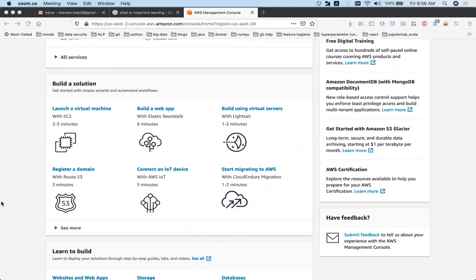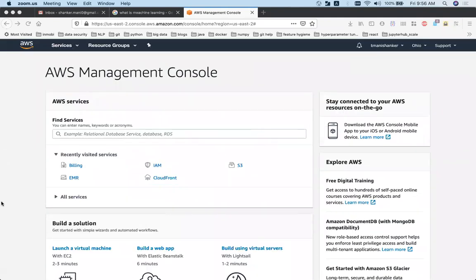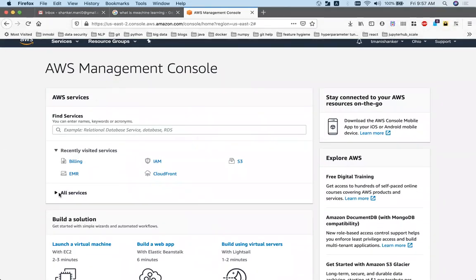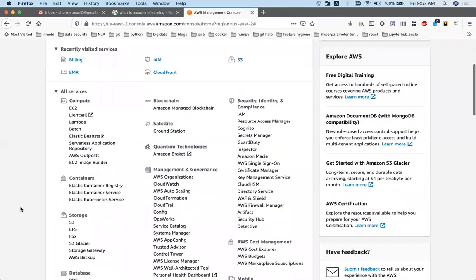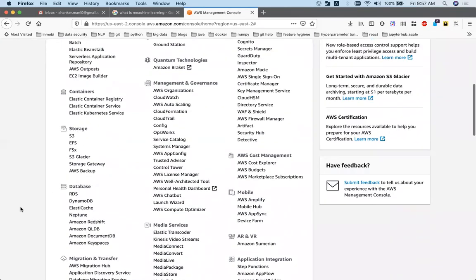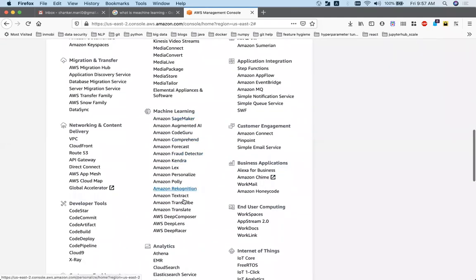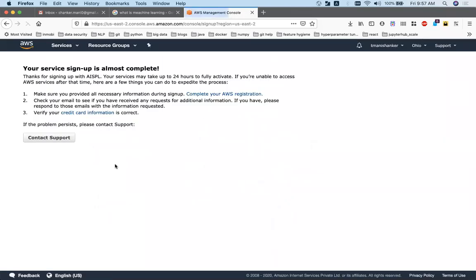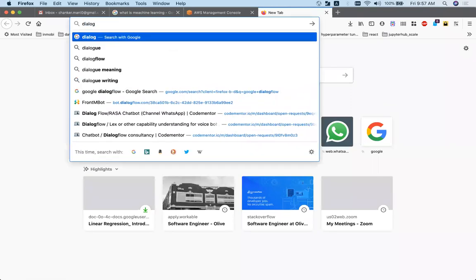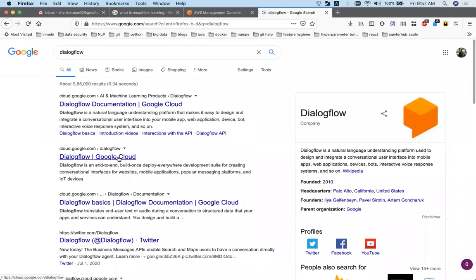Yeah, so if you see this, right, they have separate domains. If you go to all services, where is machine learning? If you go to machine learning, you can see all these options, right? If you go to machine learning, SageMaker. What I'm trying to explain here is, okay, my account is not up. So let's say if you go to Dialogflow, right? Okay, now